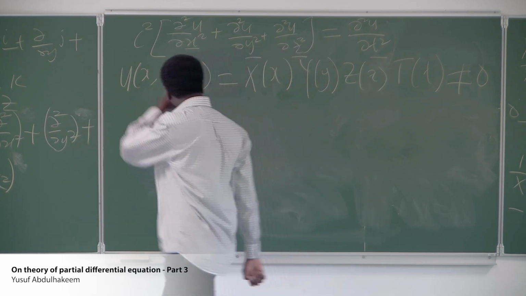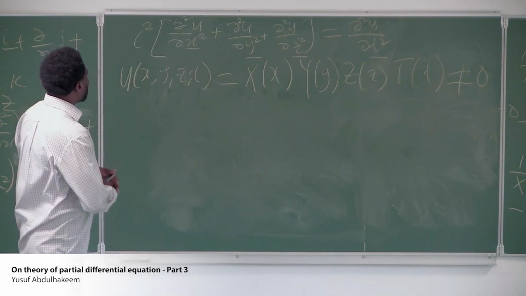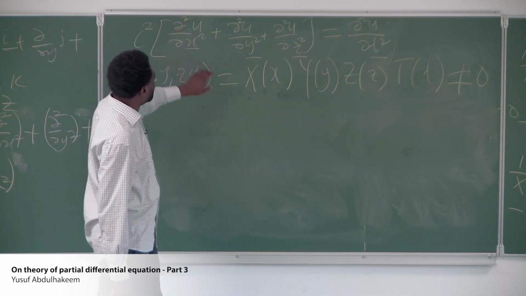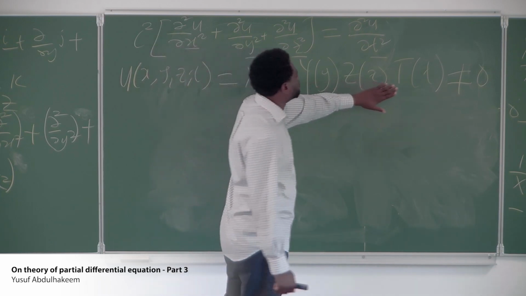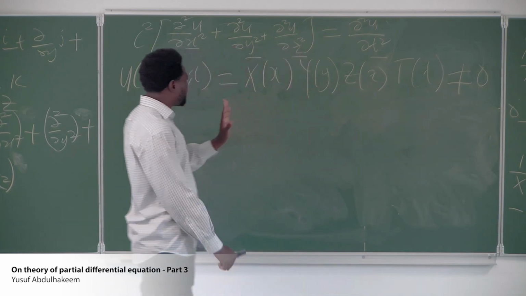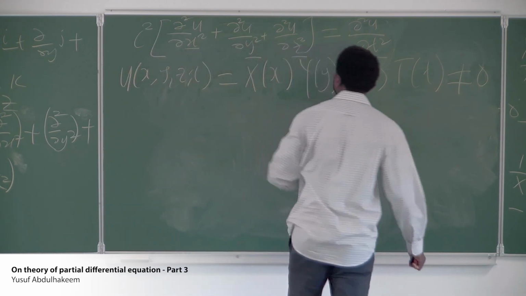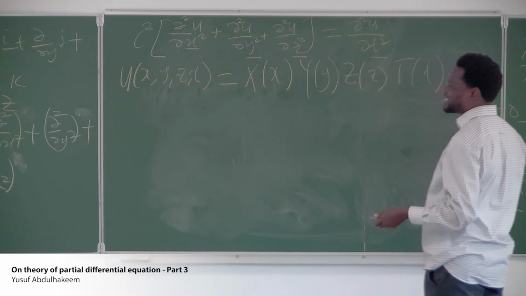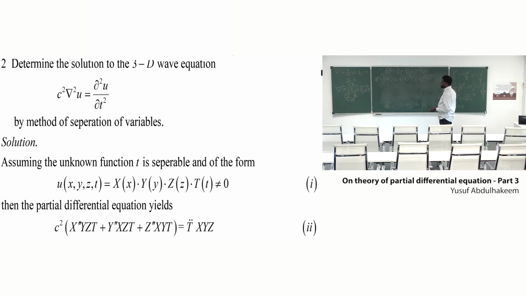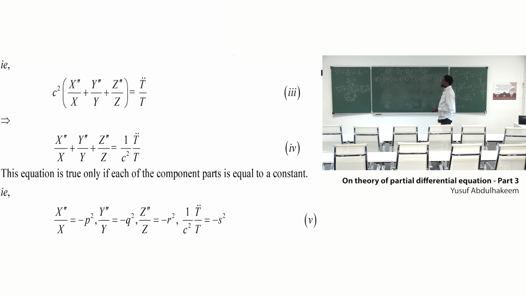So here now, of course, we know that our ∂²u/∂x² here will mean differentiating the whole of this twice while keeping all the other variables constant. The same thing goes with this, the same thing goes with this, and the same thing goes with time. So by the time we do that, this is what we are going to obtain. Then we divide through by u as we have been doing. By the time we do that, this is what we are going to have as the differential equation.